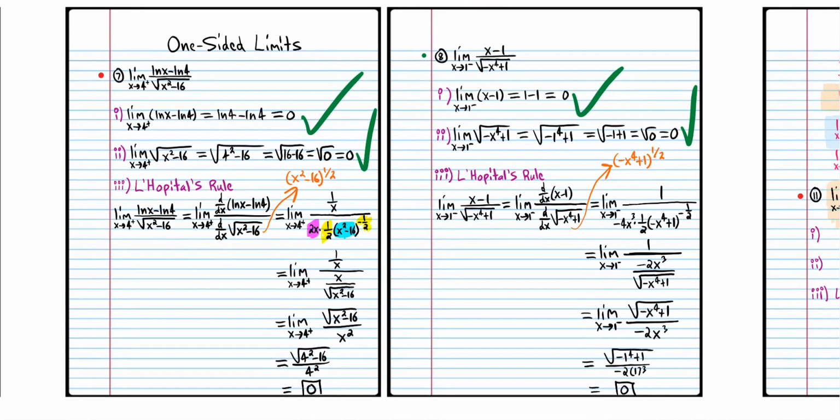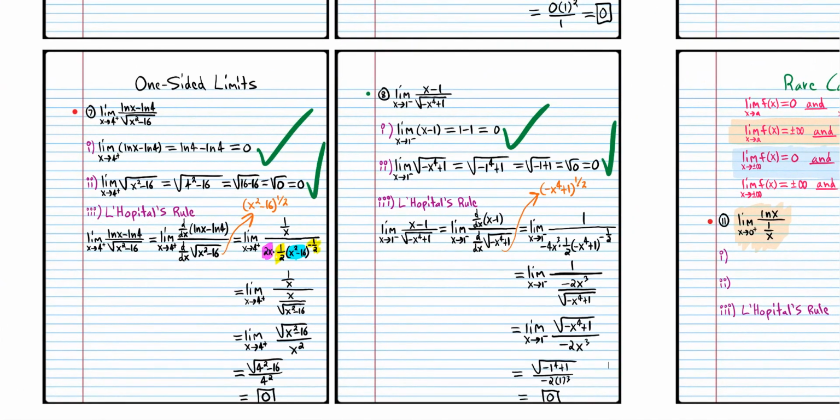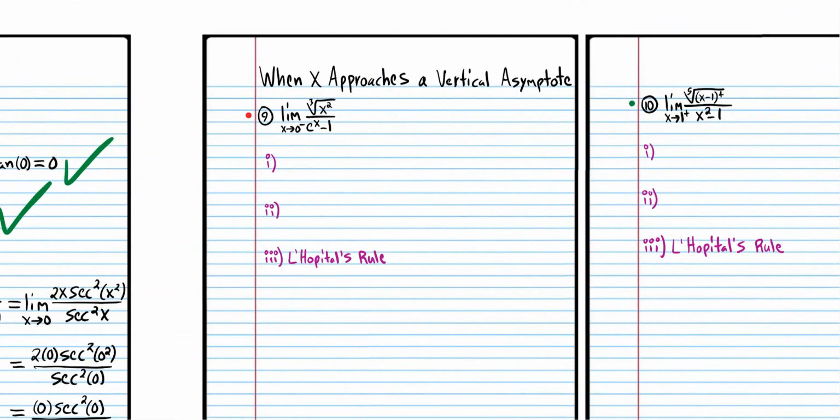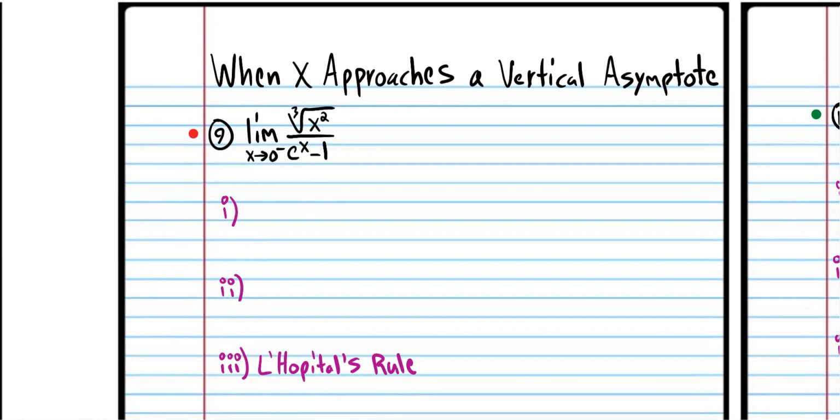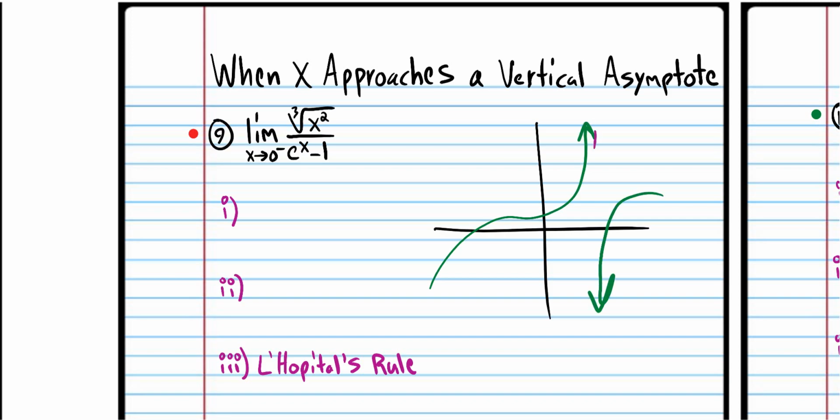Okay, so we had one-sided limits, and the reason they were one-sided is because the expression was not even defined when x was bigger, or in some cases smaller than the value in question. So here we have a left limit, and here we're dealing with situations when x approaches a vertical asymptote. So you have some graph, and maybe the graph does something like this. So that's a vertical asymptote, when the graph approaches some vertical dotted line,